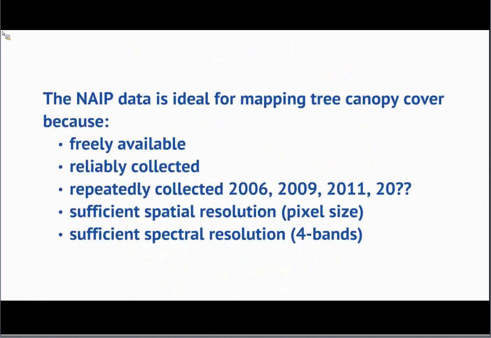One, because it was freely available. Two, it was and is reliably and repeatedly collected. In Utah, we have it for 2006, 2009, and 2011. For this year, we have some HRO, high-resolution ortho data for the Wasatch Front that was collected. But it's on a repeating schedule with agreements between the state, the BLM, the Forest Service, and so on. So we can get that data, we can make sure it's collected, and it's